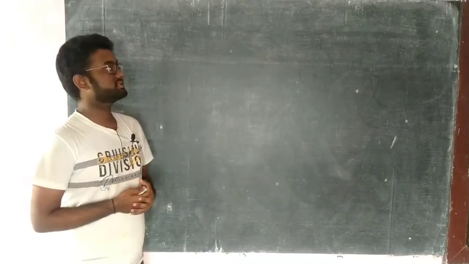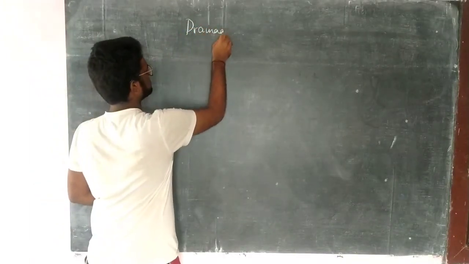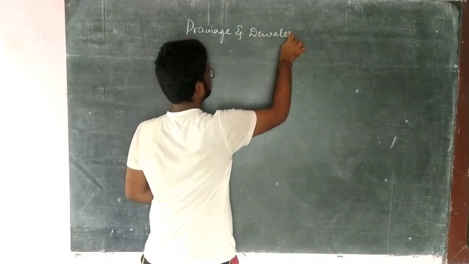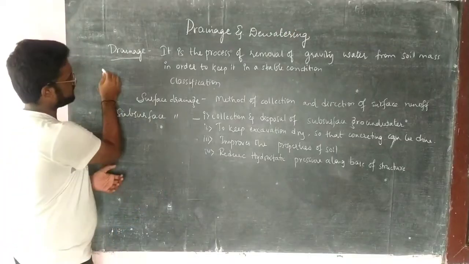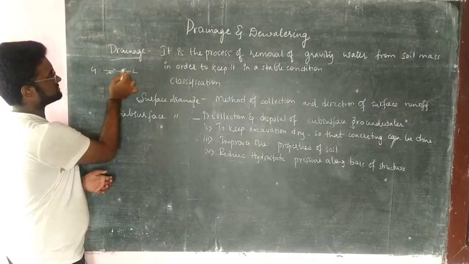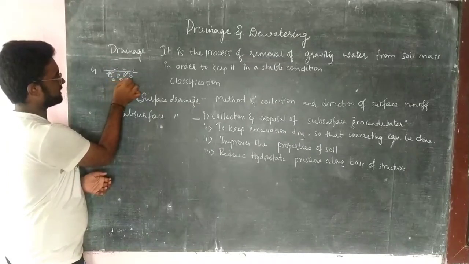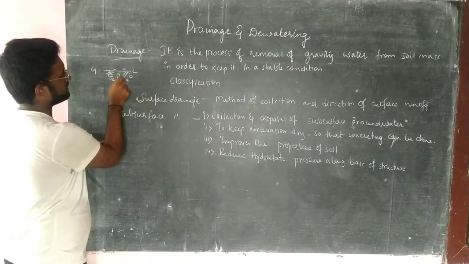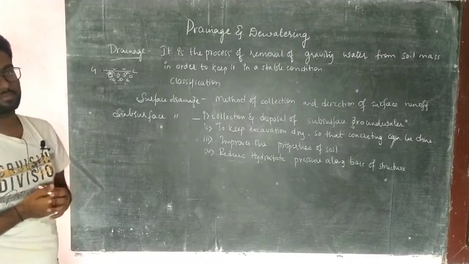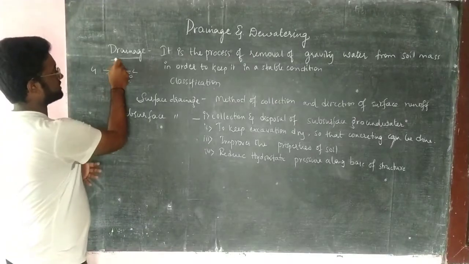So today we'll be discussing the chapter drainage and dewatering. Say for example, this is the ground level, and it has the soil sample on the surface, and also small rock and other small particles, and some amount of water, that is gravity water. So in order to drain out the water, and also to dig the drainage in order to collect the waste materials, drainage is done.